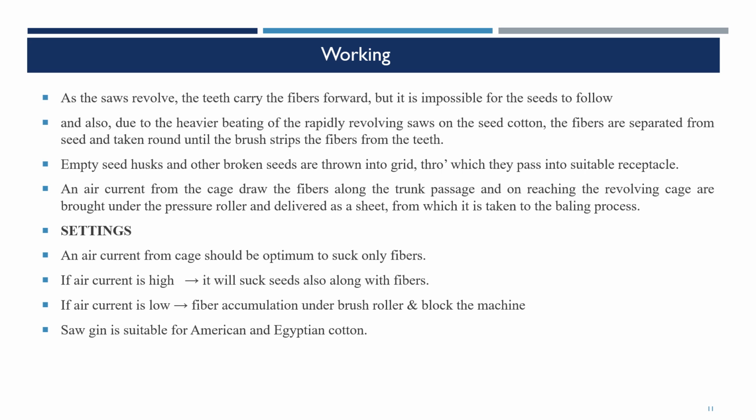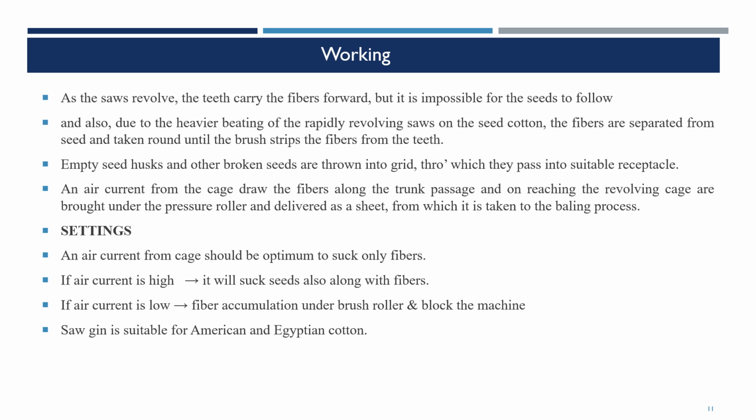And also, due to the heavy beating of the rapidly revolving saws on the seed cotton, the fibers are separated from the seed and taken round until the brush strips the fibers from the teeth. Empty seed husks and other broken seeds are thrown into a grid through which they pass into a suitable receptacle. An air current from the cage draws the fiber along the trunk passage, and on reaching the revolving cage, it is brought under the pressure roller and delivered as a sheet